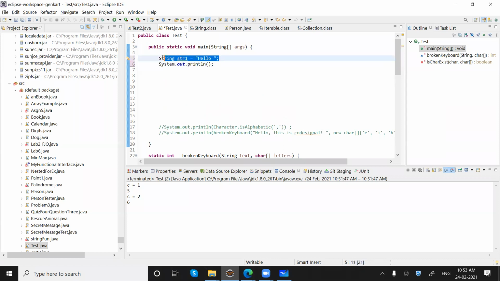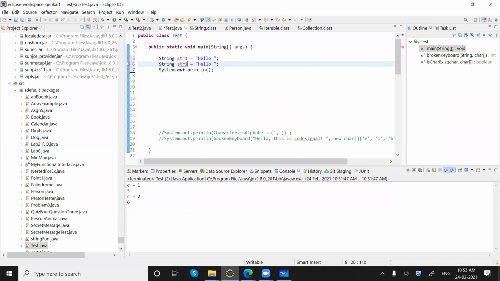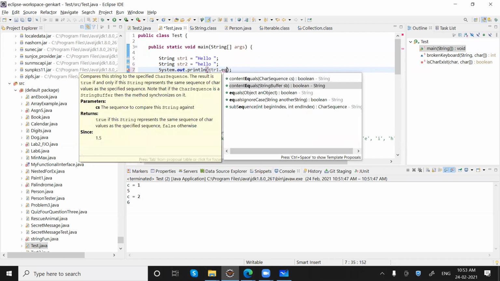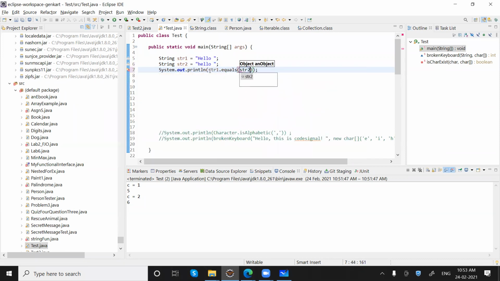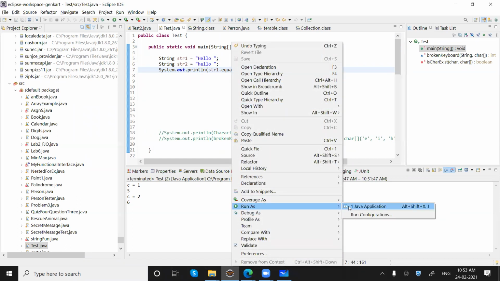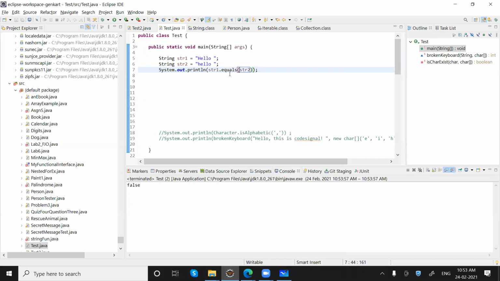We have str1, we have str2. In this we have hello, and if I say str1 dot equals str2, we'll get false because the content is not equal.